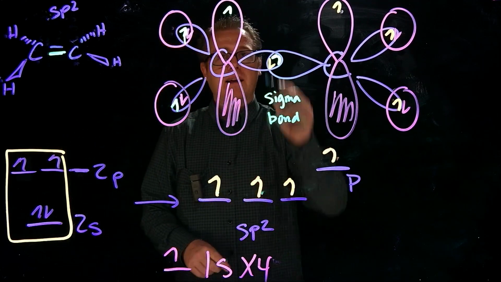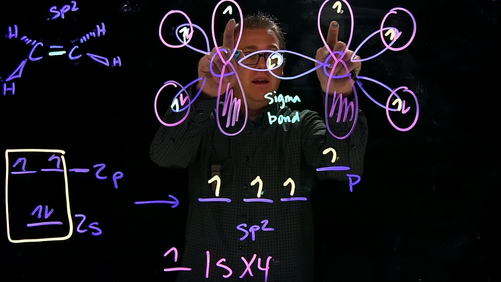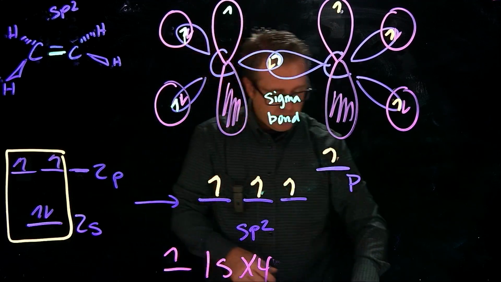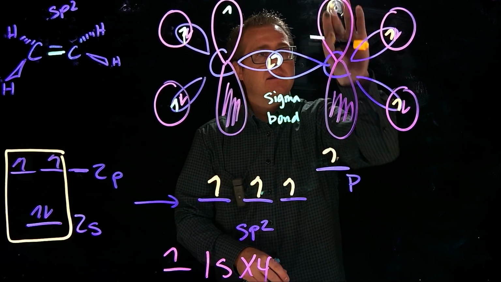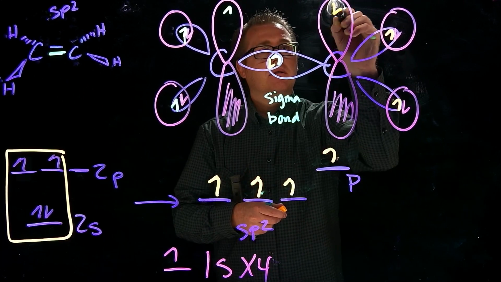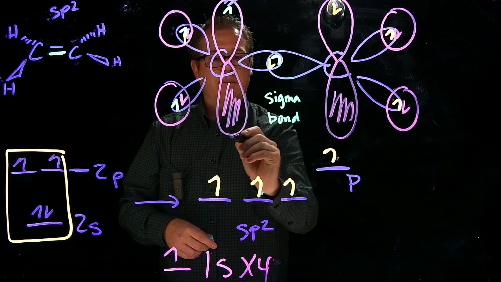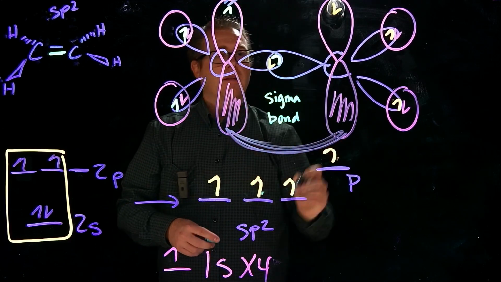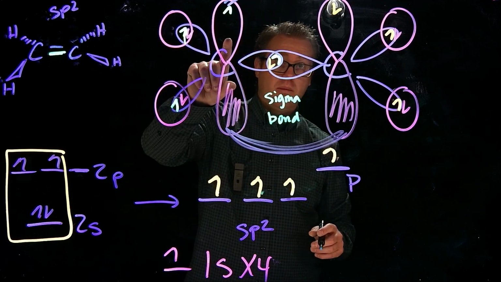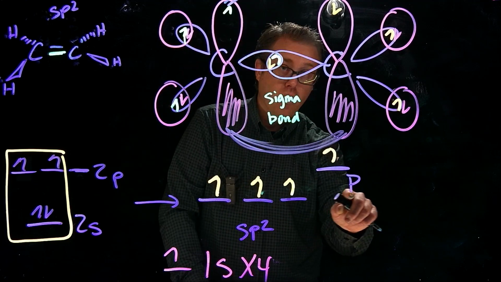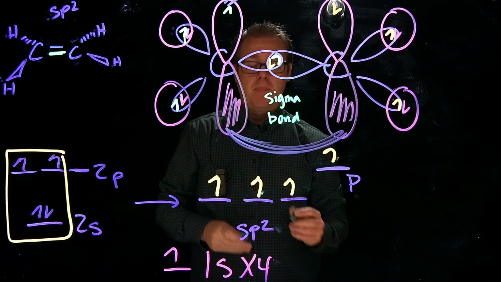And where's the pi bond happening? Well, it's going to be the interaction between these orbitals right here. So I'm going to actually take this guy and change its spin state. Okay. So now you're going to have overlap that way. And so the pi orbitals, or sorry, the p orbitals, when they overlap and interact with one another,